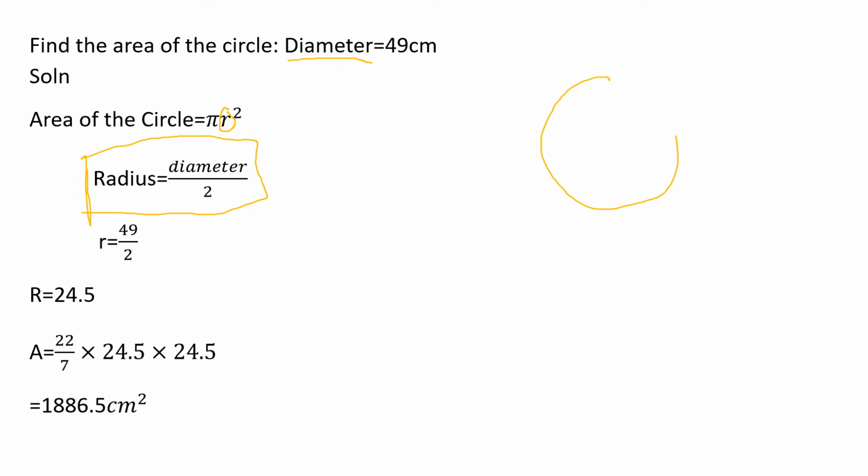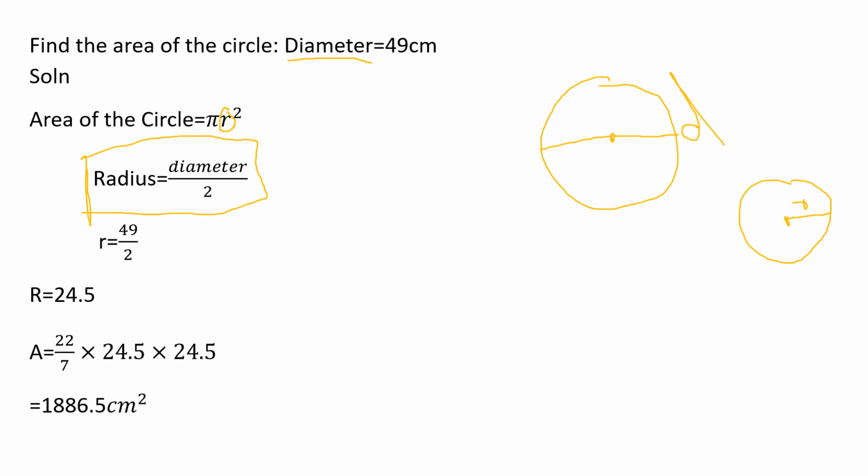Look at here. This is one circle. This whole line, this whole is known as diameter. So if I am taking half, it is radius. This is a center point, and this whole line is known as diameter, and this is half. Half of diameter is radius. So what is the formula? Radius is equal to diameter by 2. So what is the value given here? 49, right? Diameter equal to 49.